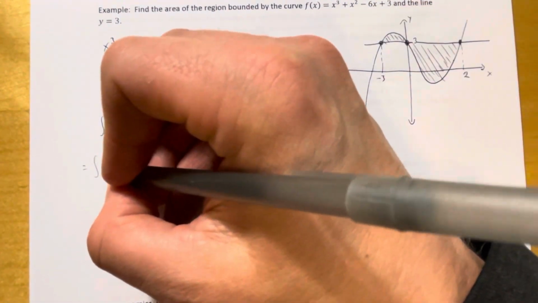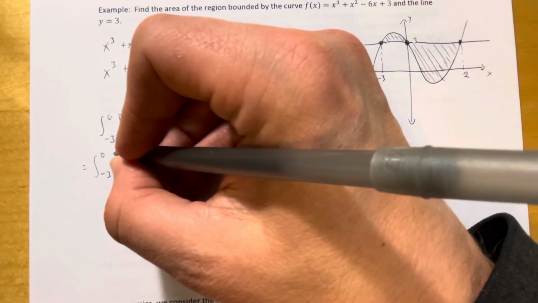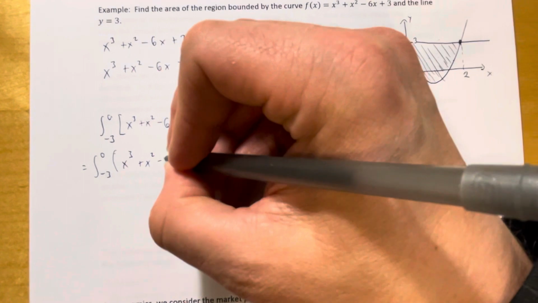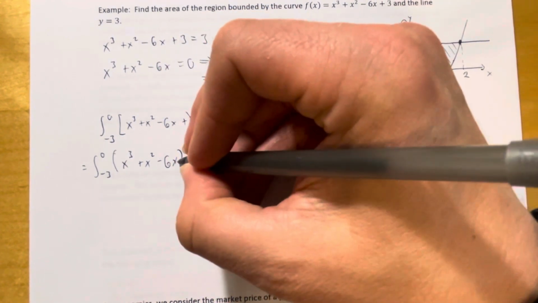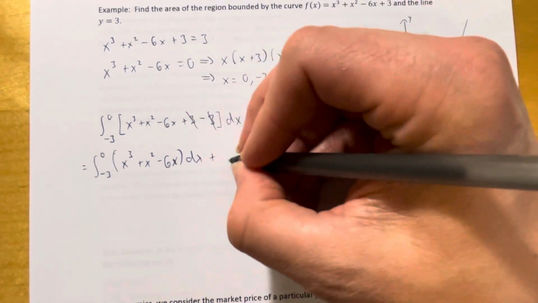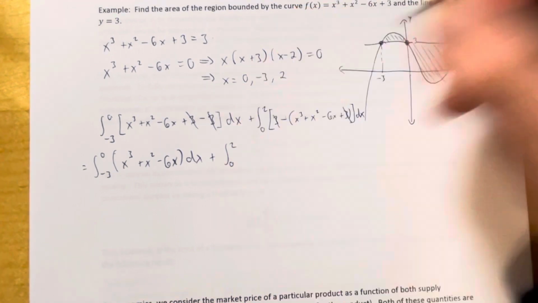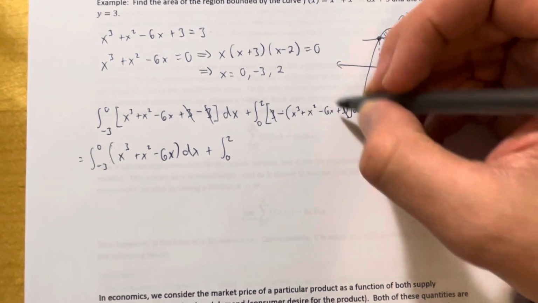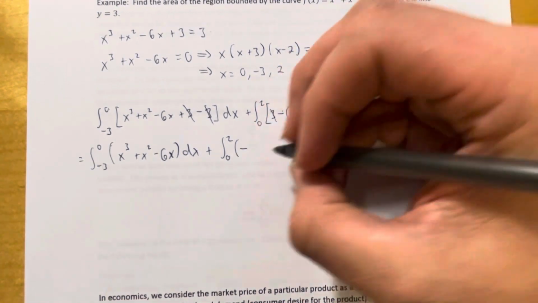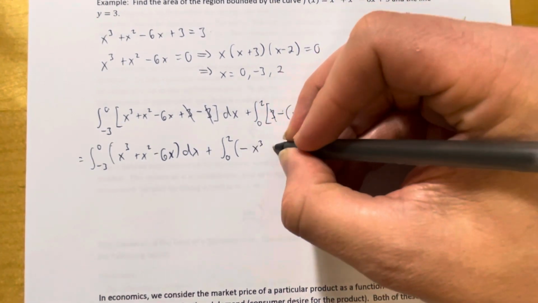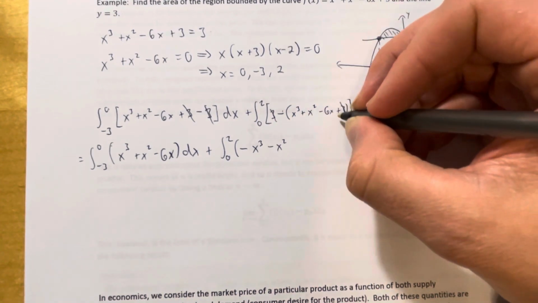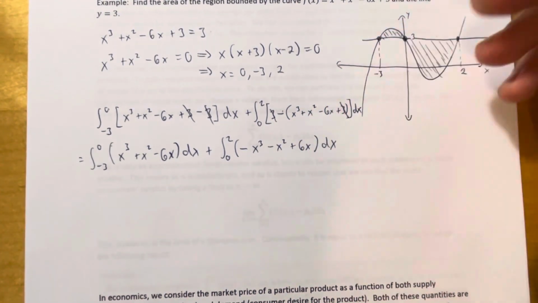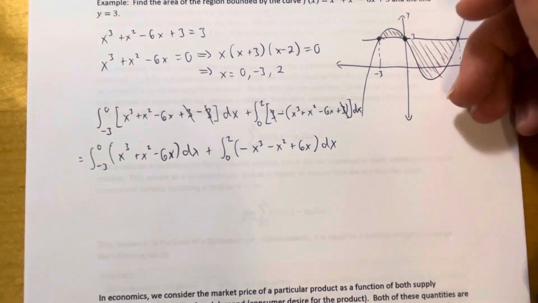The integral from negative 3 to 0 of x cubed plus x squared minus 6x dx there, plus the integral from 0 to 2 of, don't forget that this negative distributes to all of these terms, which is why we needed those parentheses, negative x cubed, negative x squared, positive 6x, so plus 6x. Okay? All right, now,